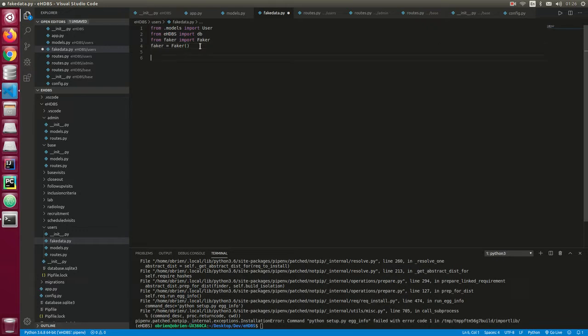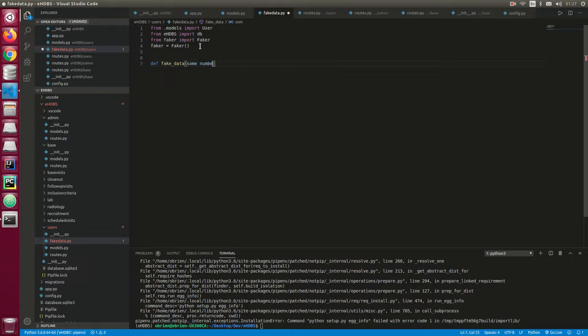So what we are going to do here, we are just going to define a function that's going to generate our data, and we have to make it recursive in such a way that you provide the number of records that you want generated, and then the Faker class will handle that, depending on the implementation that you are going to do here. So let me just define fake data, and our fake data here is going to take